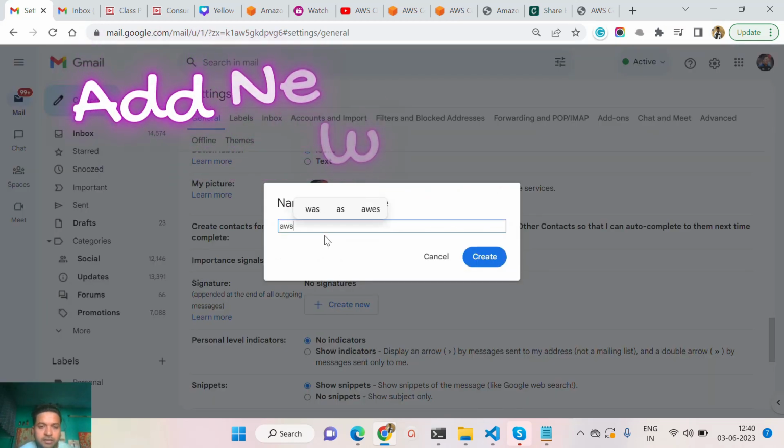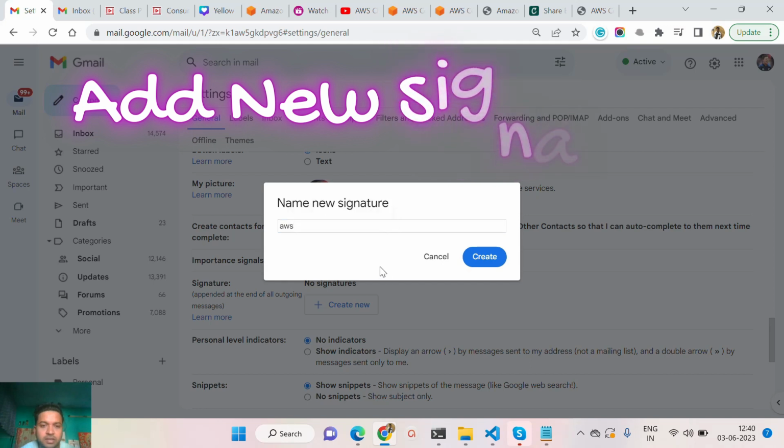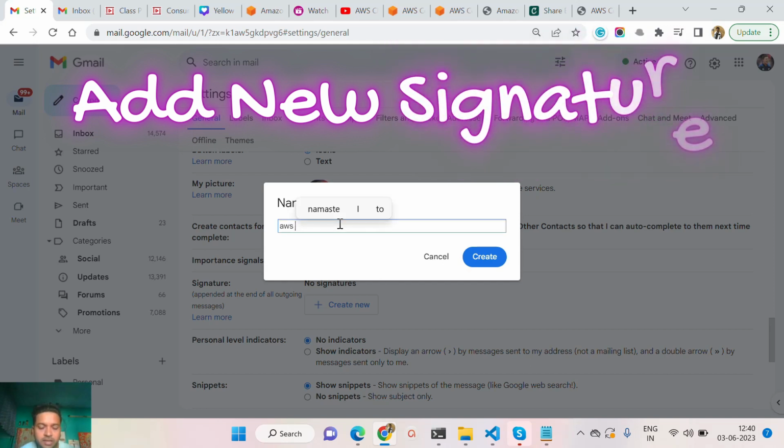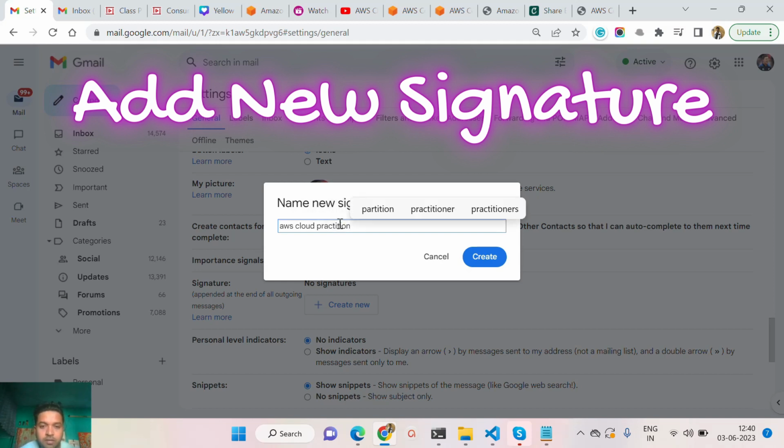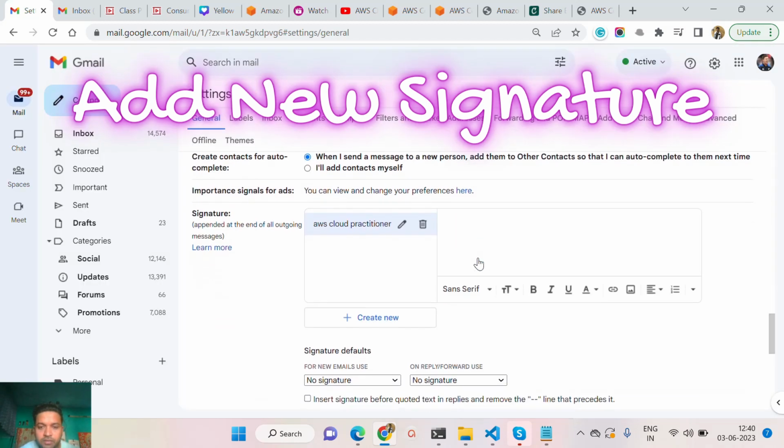It is asking for a name for the new signature. I type AWS Cloud Practitioner. Okay, perfect. So I click on the create button. When I click on this one, on the right hand side they are asking for a text box. So I need to type here my name, Nagendra Pratap Chauhan, and at the bottom, senior